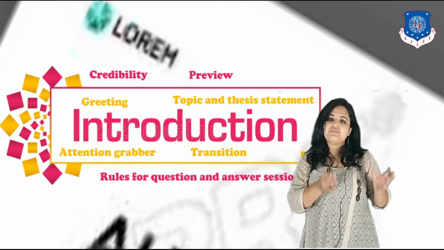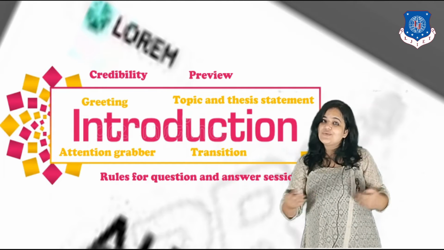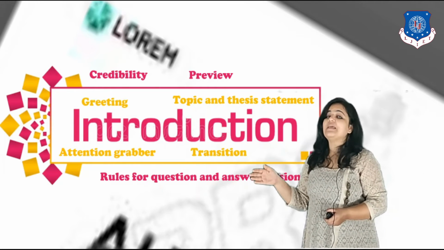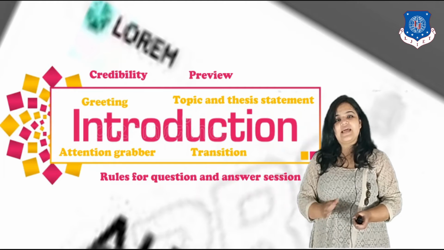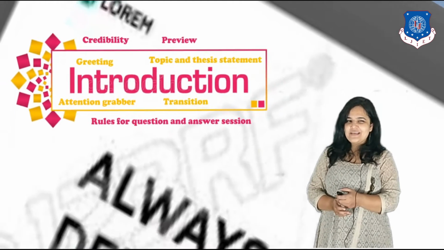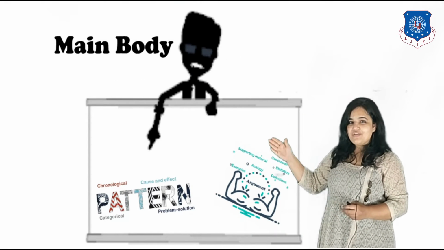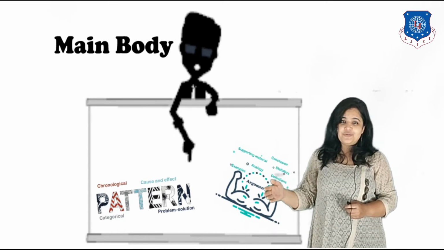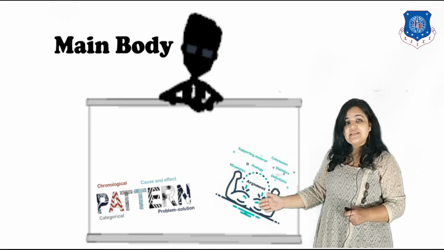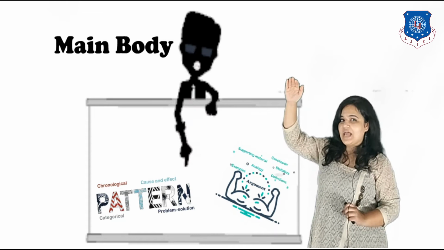You can give different numbers to each of your points to make sure that people stay with you in this transition, or you can use any different methods, but make sure that the transition seems smooth and natural instead of unnatural and forced. Okay, you are good with the introduction now. Smoothly moving towards the main business, which is the main body. The main body of our presentation will be arranged according to different patterns, and along with the main body you will be needing certain support material which will help you to take your presentation to the next level.